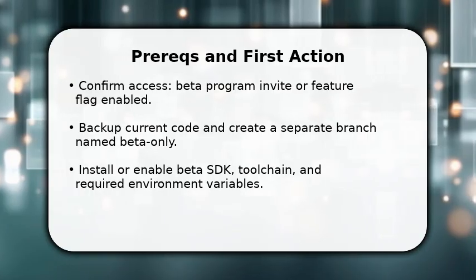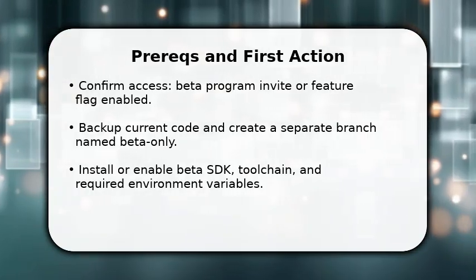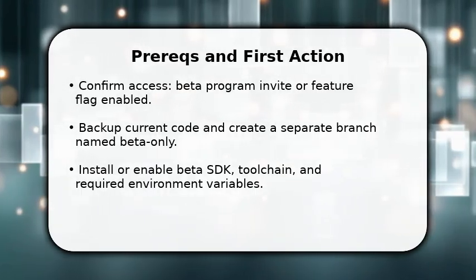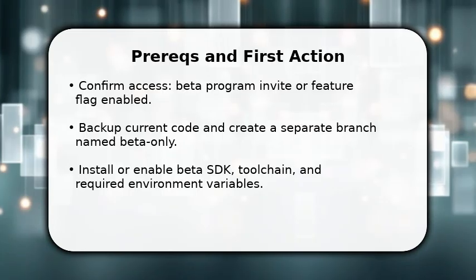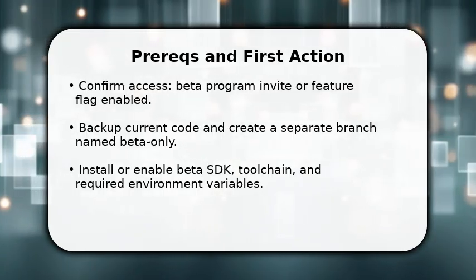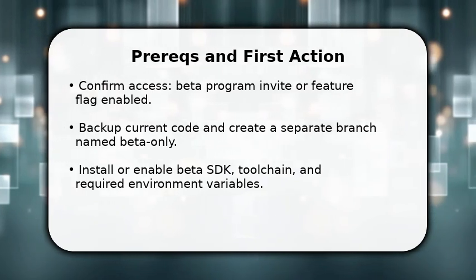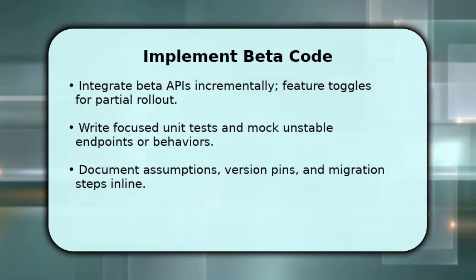Next, install the Beta SDK or toolchain and set the required environment variables so the runtime matches the beta environment. Do this now to avoid configuration drift. Getting the environment right first saves troubleshooting time later and ensures you implement the beta code incrementally and keep control